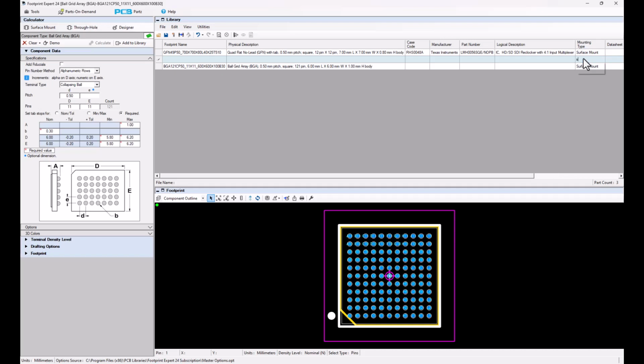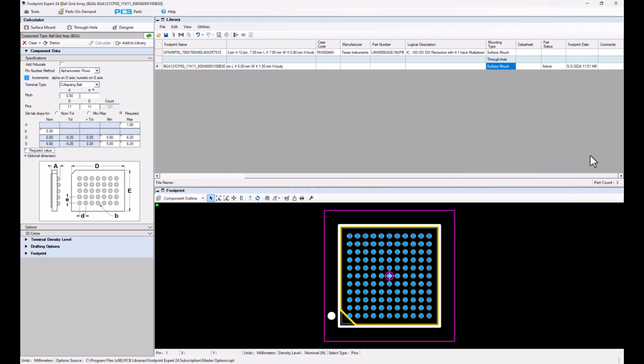Just type in S, it'll bring up the word surface mount. If you type in T, it'll bring up the word through-hole. So you just select it and it'll fill in that data for you automatically. With the date, the footprint date column here, if you want to change the footprint date, you would just simply